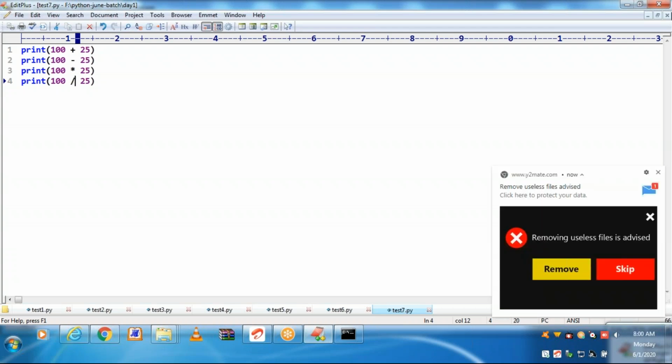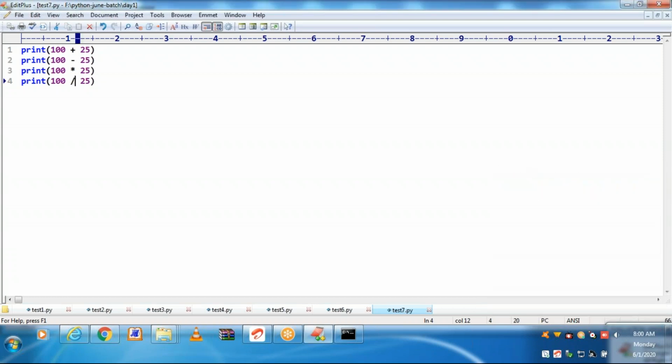Expression is executing, then printing the results.